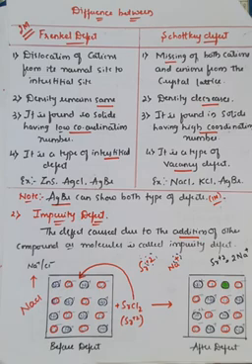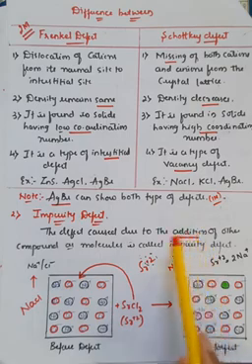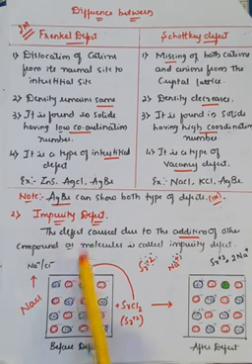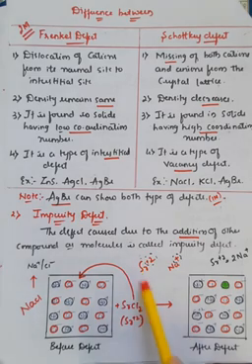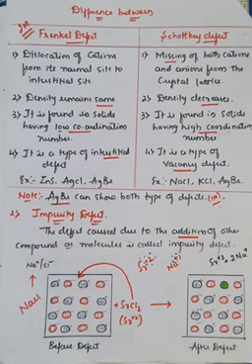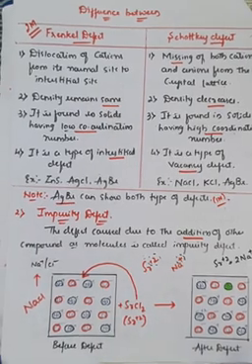And the second important type is impurity defect. The defect which is caused due to the addition of another compound or another substance is generally termed as impurity defect. It is completely based on the charge of the ion which is present in the compound. If it is plus 3 charge, it will remove 3 Na plus. If it is plus 2, it will remove 2. If it is plus 4, we have to remove 4, like that. So due to the charge present on the ion in the added impure compound, the defect caused by the addition of a compound or molecule is generally called impurity defect.